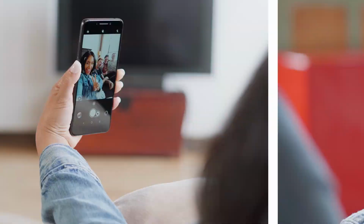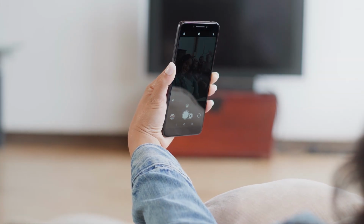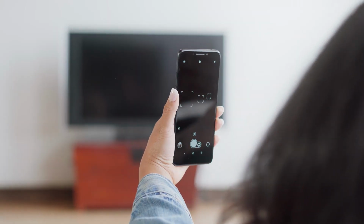One last thing worth mentioning is that no matter if you have the fingerprint sensor set up or not, you can tap on the sensor with any finger while inside the camera application to snap photos and start and stop video